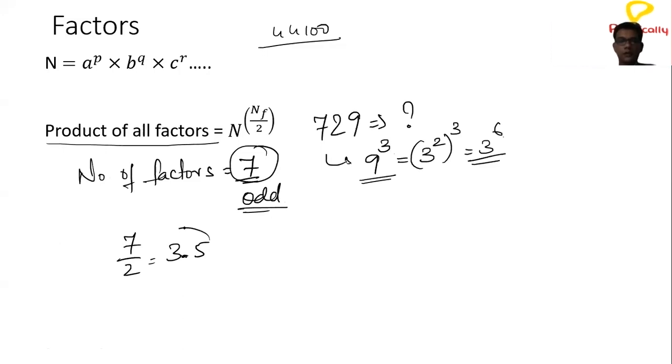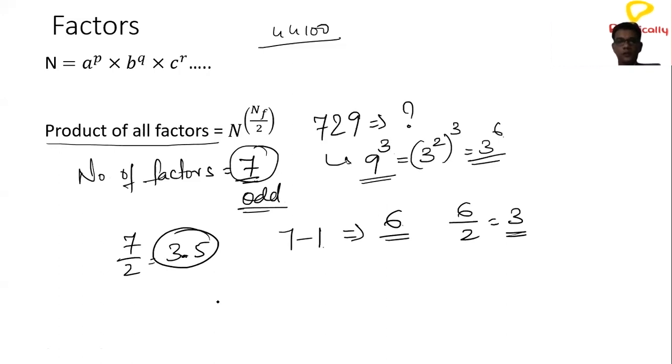So when you end up having this as a fraction, what is the first thing you have to do? Remove one factor from your count. So if your number of factors is 7, remove one factor from your count. How many do you have? You have 6. Divide that 6 by 2. So you have 3, which means your product of factors